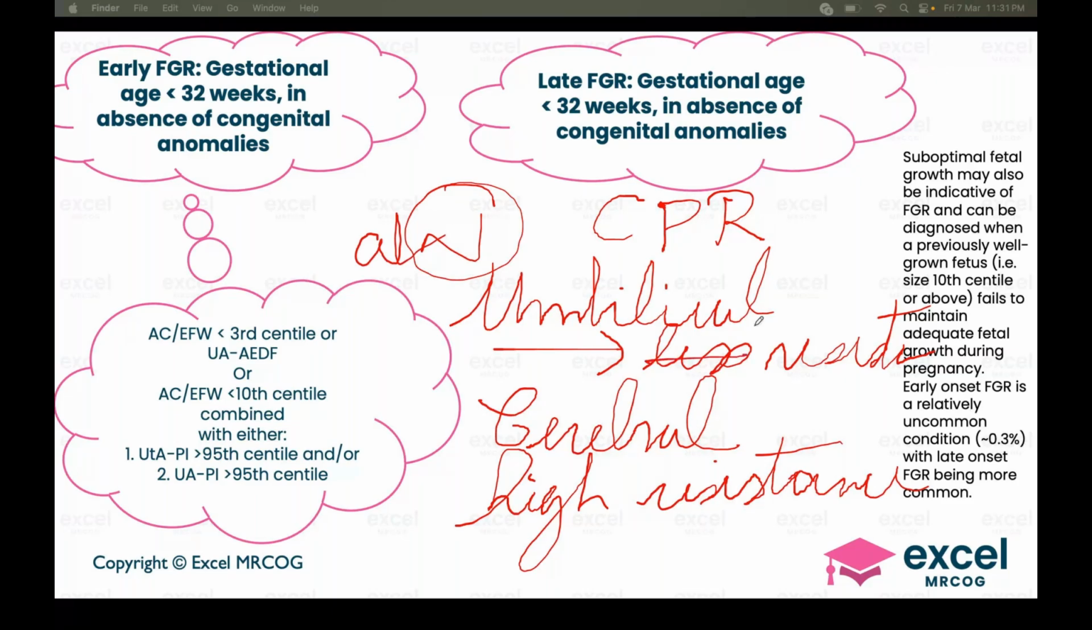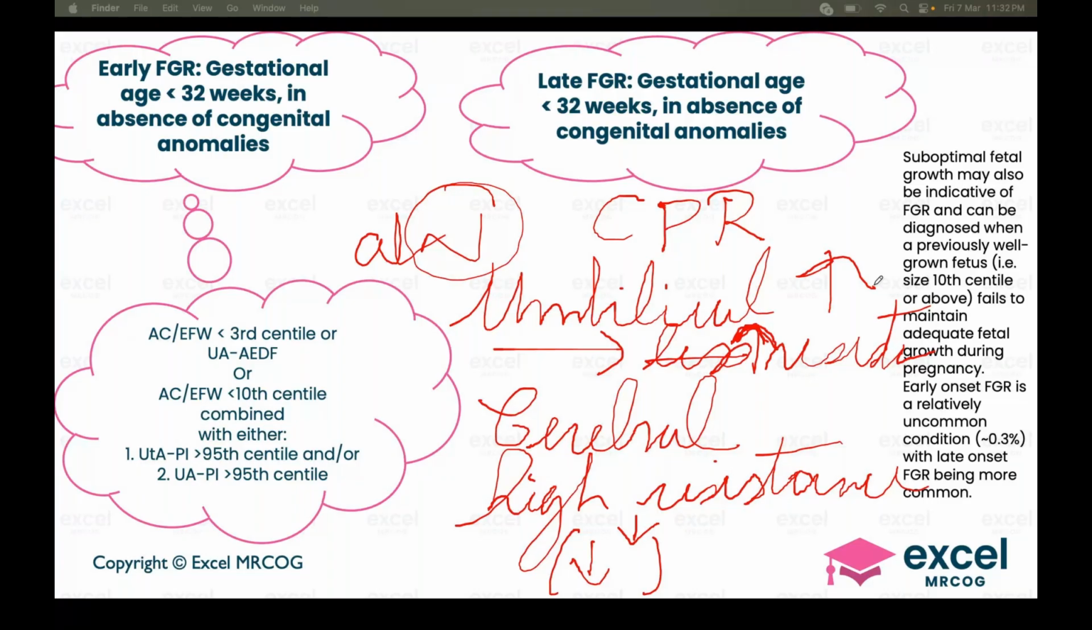How does the baby cope? The baby copes by keeping the supply to its important organs by increasing the caliber of blood vessels in the brain, or reducing the resistance to flow in the brain, so that the brain gets more blood as a compensatory mechanism. So what happens is that this resistance reduces when there is abnormality. The umbilical resistance increases, and the baby tries to maintain blood flow to the brain by reducing the resistance of cerebral